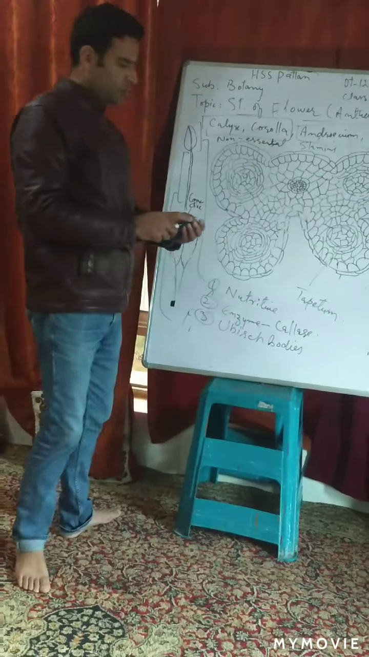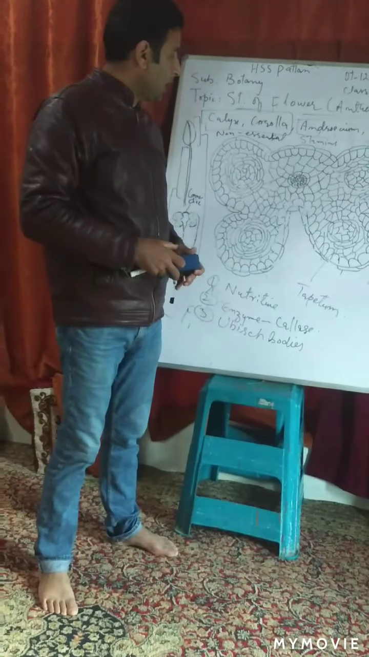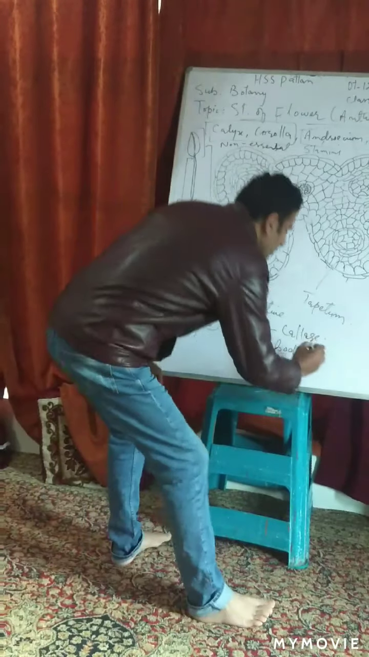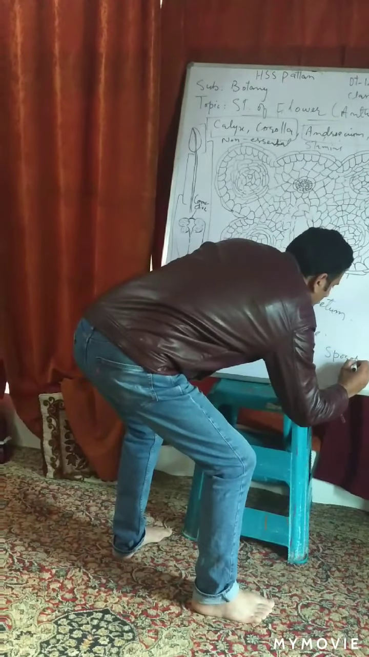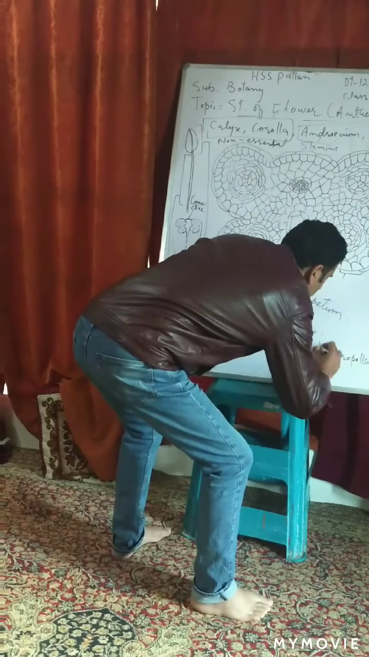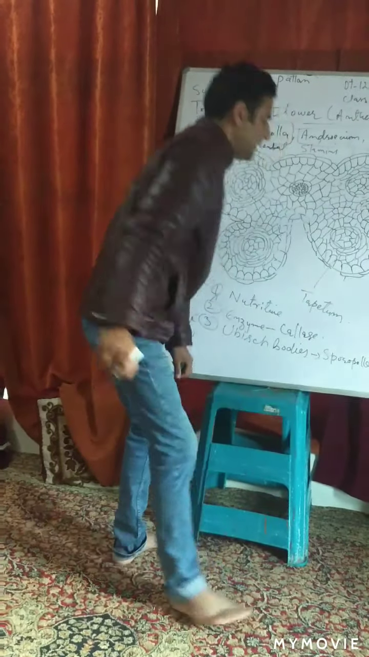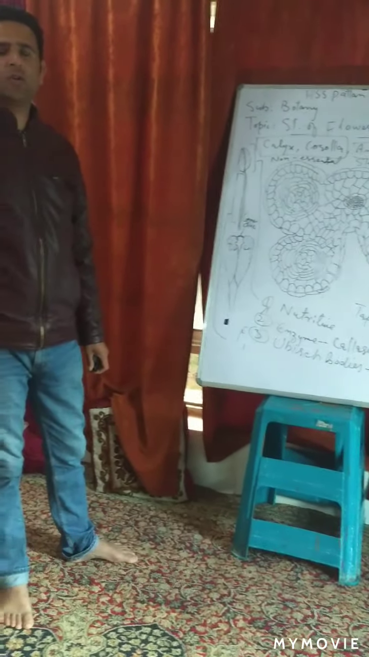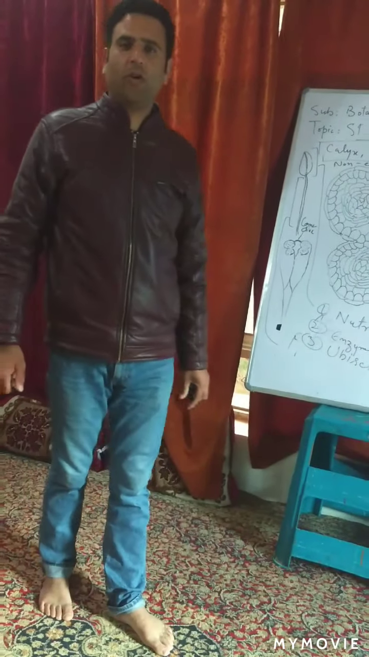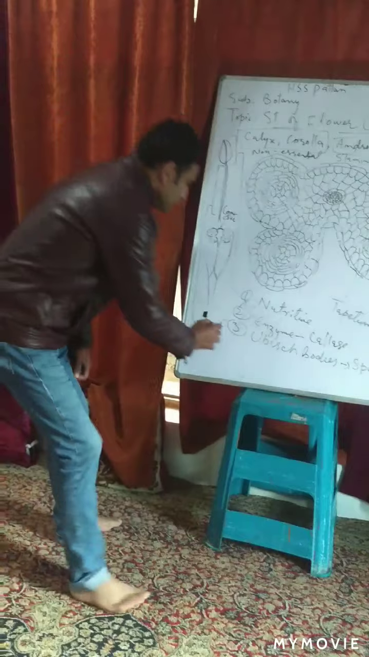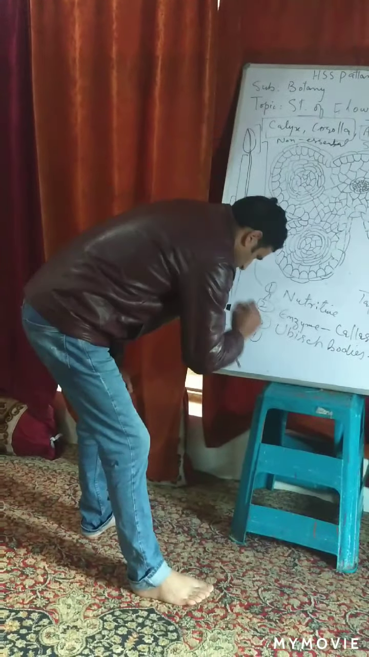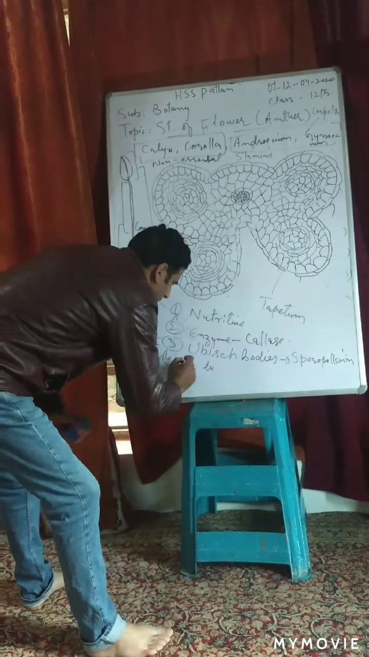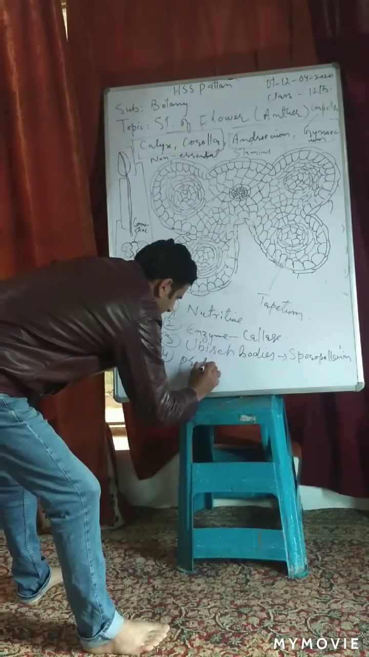Tapetum produces Ubish bodies. Ubish bodies are the material for formation of sporopollenin. Ubish bodies help in the formation of sporopollenin, an important material which is responsible for the formation of exine and for its strength. They also produce, or I could say secrete,